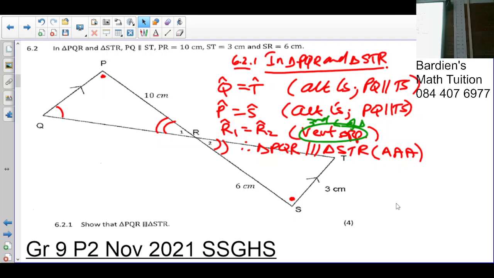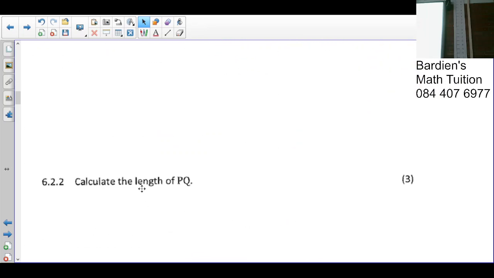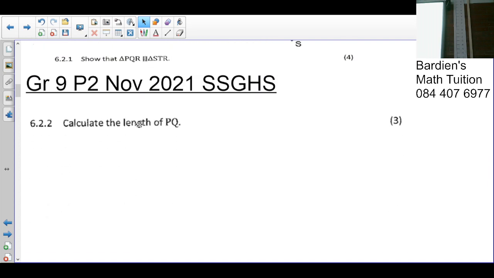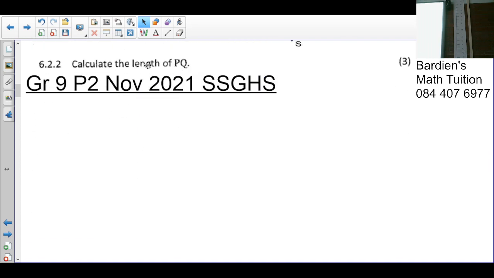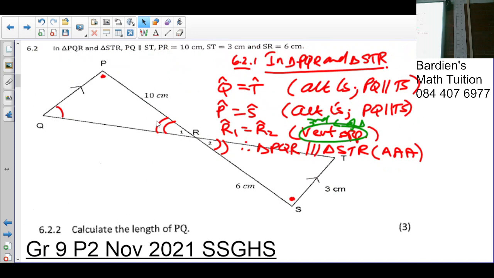Okay, anything else? No. Now definitely a distance question would follow this. And they ask you to calculate the length of PQ. Calculate the length of PQ. So before we go anywhere, we say that in 6.2.2, we say that PQ